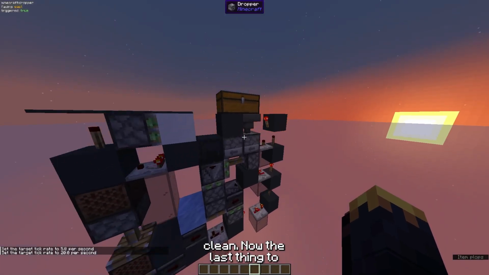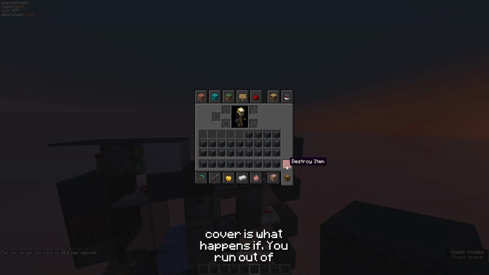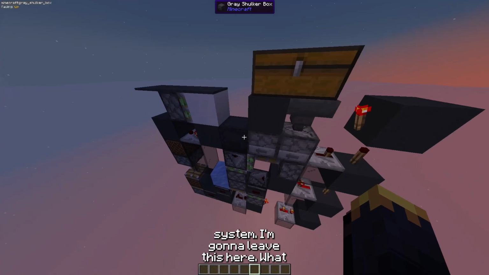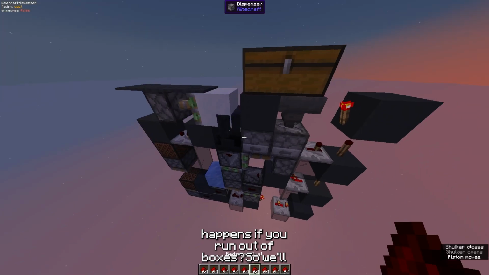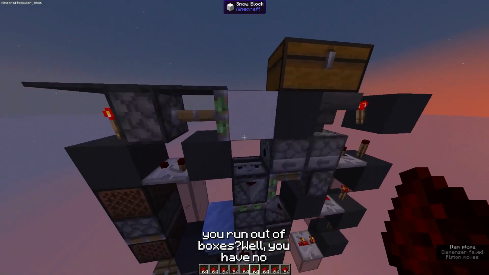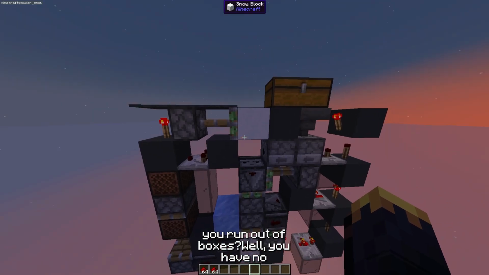Now, the last thing to cover is what happens if you run out of boxes. So I'm just going to clear the system. I'm going to leave this here. What happens if you run out of boxes? So we'll just run the system one last time to clear out the boxes. What happens when you run out of boxes? Well, you have no more